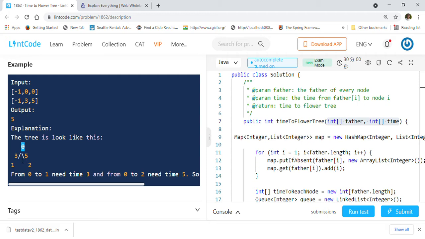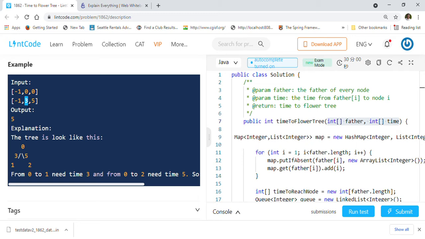Basically, node 1 and node 2, their father is node 0. That is what is given in the father array. And the time array is how much time it will take to flow water from the parent to that node.